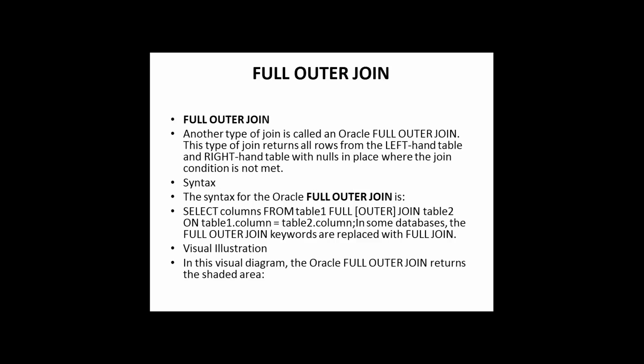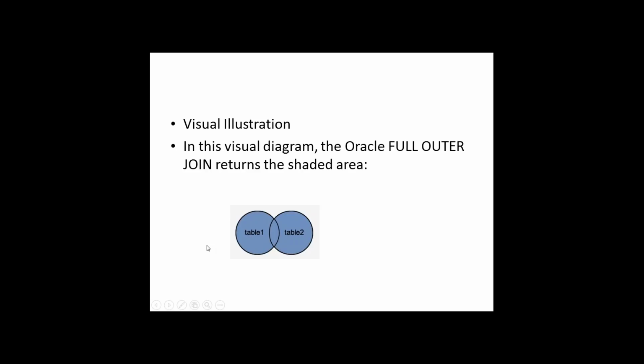We have two tables, table 1 and table 2. If you want to retrieve all the columns from these two tables, then we write a full outer join. The syntax is simple, I will show you the syntax, but basically this is the visualization. In some scenarios we go for this as well. Even though there are no matching records from table 1, it will retrieve all the matched records as well as the unmatched records, but we will get Cartesian records. If table 1 has 3 records and table 2 has 2 records, we will get 3 factorial, which is almost like